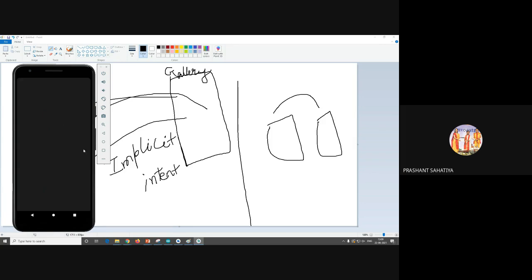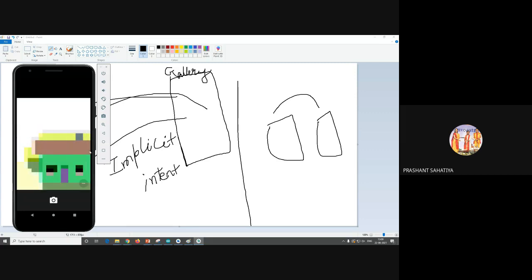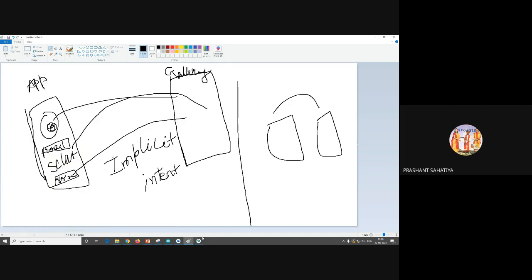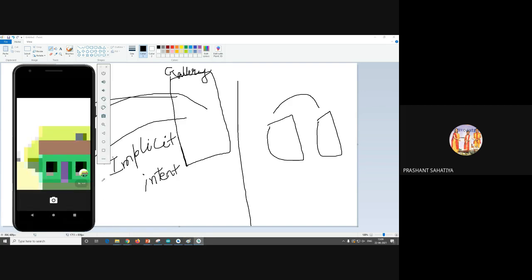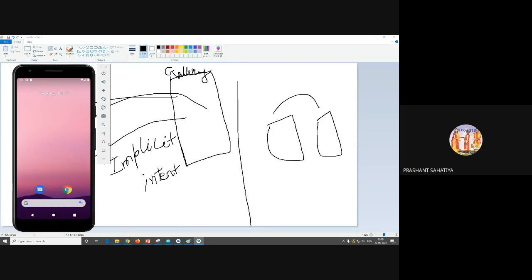Okay, camera, it is opening right now. So if I'm clicking on this, it should go into the directory. I'll show it while showing my app only, I'll connect my mobile. But I guess you got the point, yes or no?